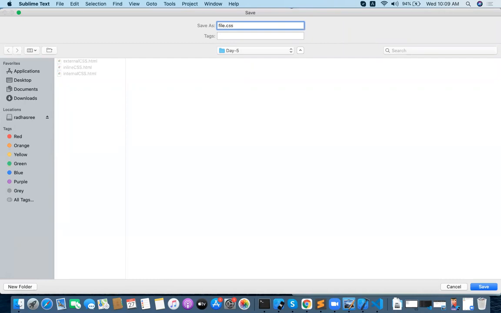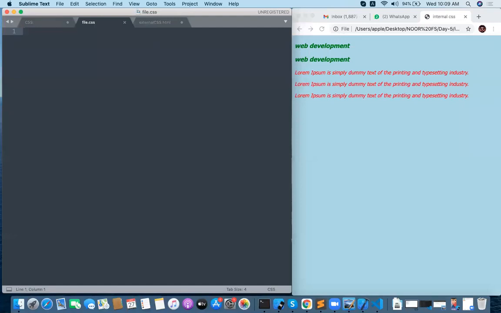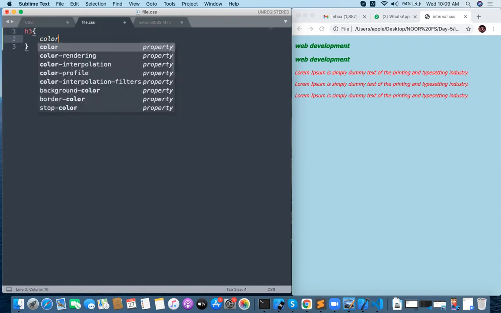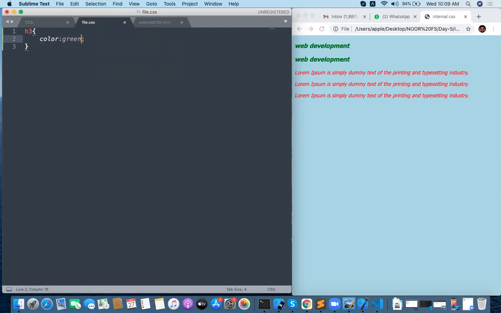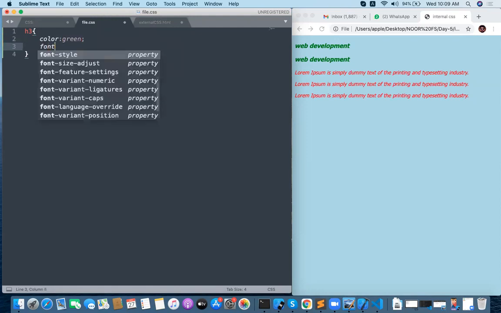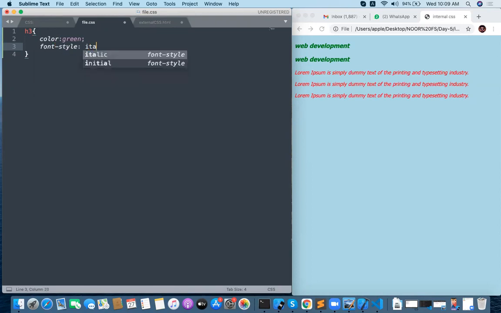My file is separately created, and whatever CSS code you have, you need to copy over. For example, I'll have H3 code here. H3 color will be green, font style will be italic. And I'll have some paragraphs, right?